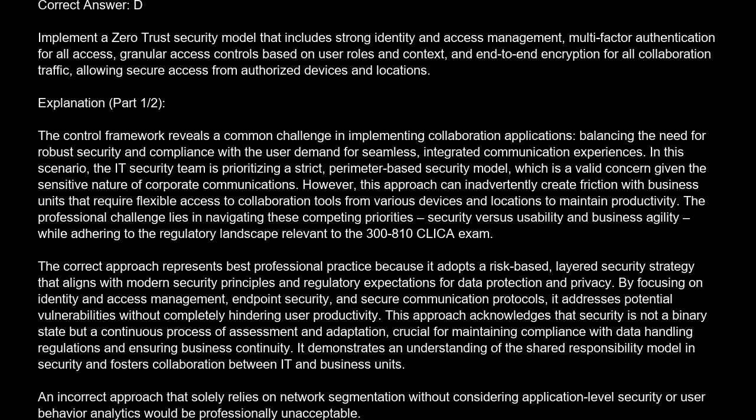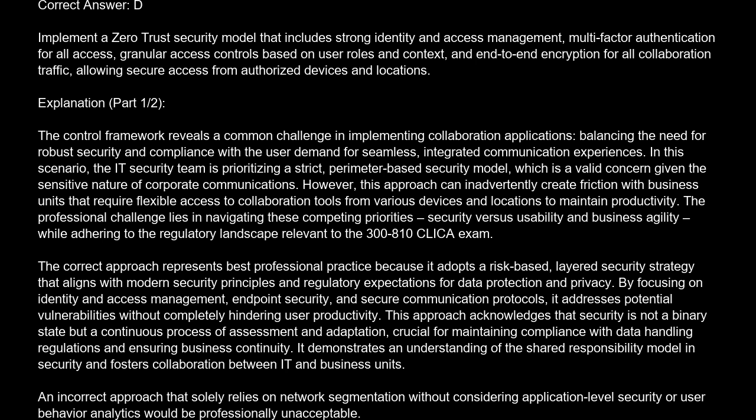However, this approach can inadvertently create friction with business units that require flexible access to collaboration tools from various devices and locations to maintain productivity. The professional challenge lies in navigating these competing priorities, security versus usability and business agility, while adhering to the regulatory landscape relevant to the